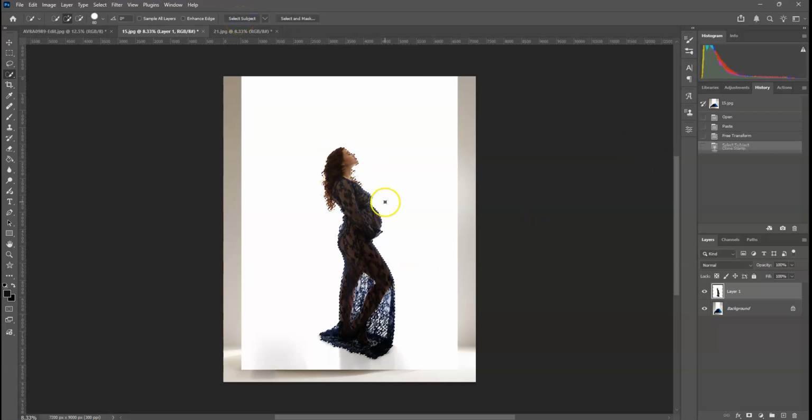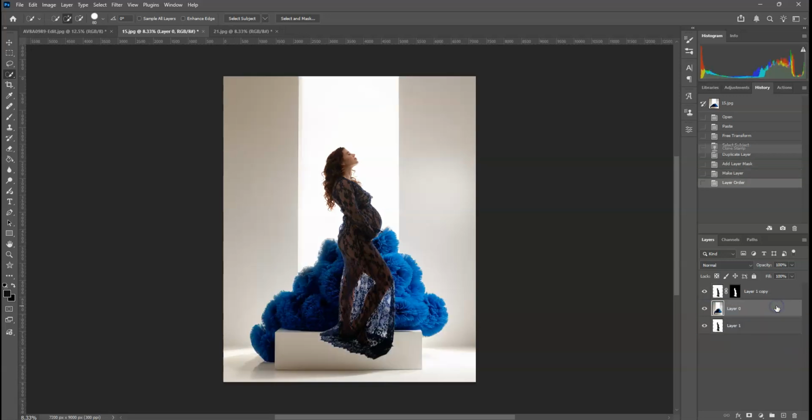Once that selects, it looks pretty good. I'm going to duplicate my layer and create a layer mask, and then I'm going to unlock my background layer, and I'm going to drag it in between those layers there. Okay, so the first thing is there is more light than the backlight coming on to the digital backdrop, so I'm going to have to add a little bit of light to the front of her,